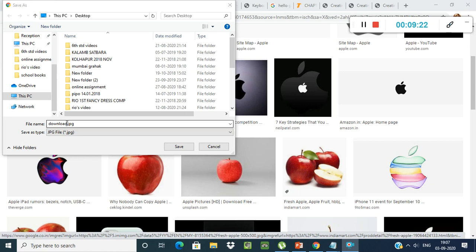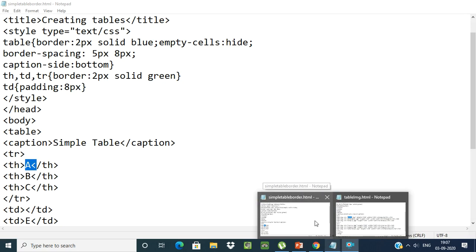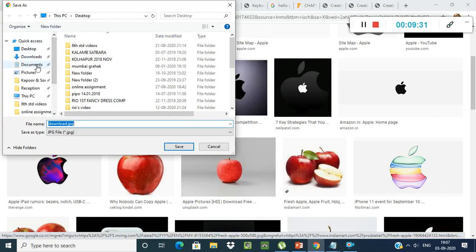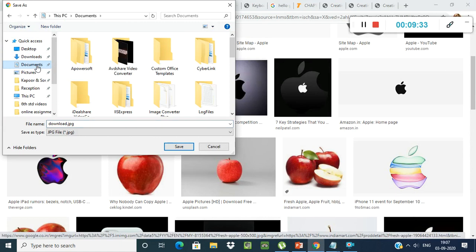If you are saving your file in the documents, then you have to save this apple image there with your file. Together you have to save the image file and your coding file.